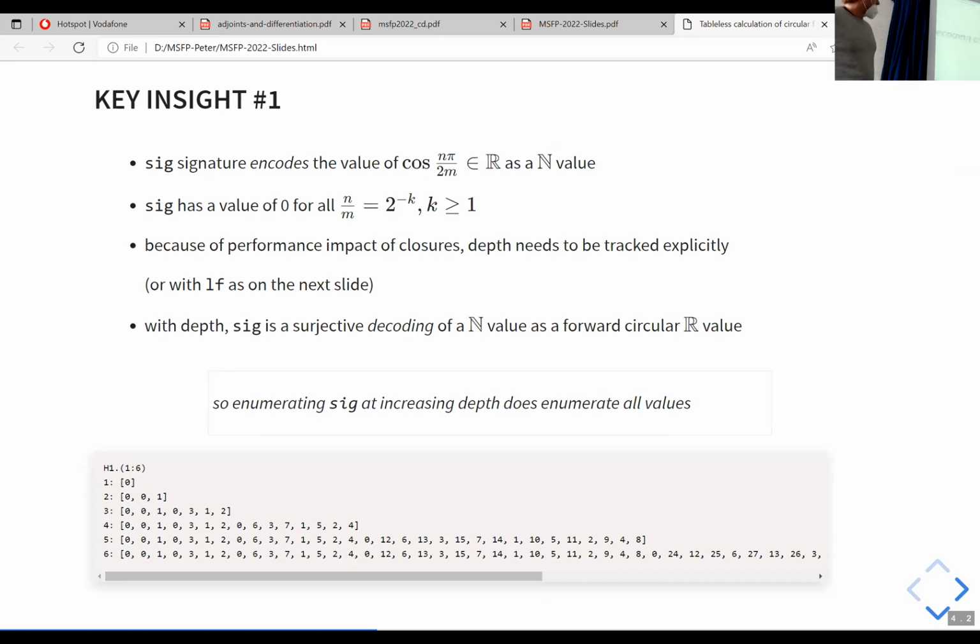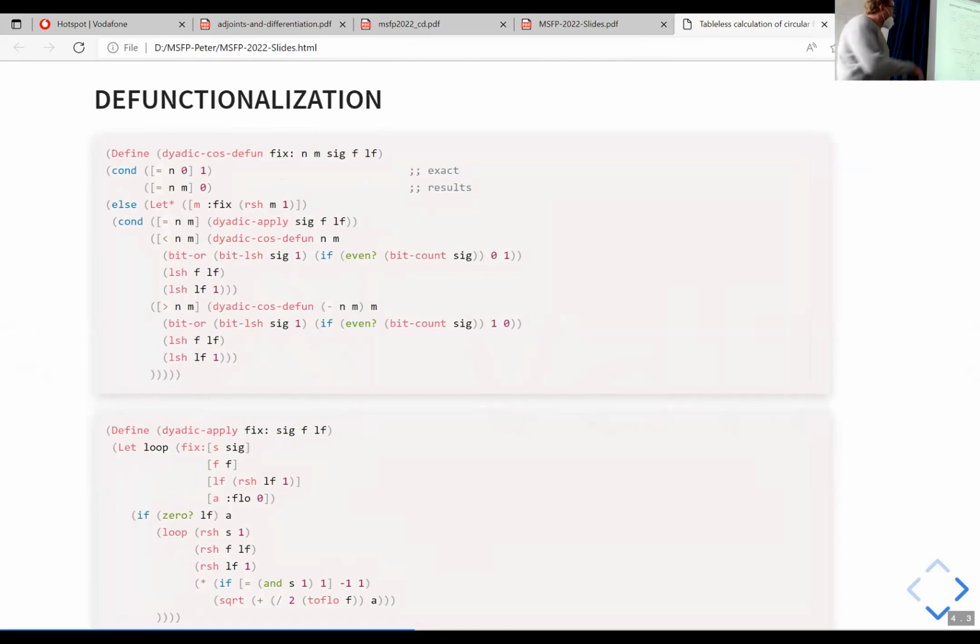But this will be addressed later. So if we defunctionalize the previous implementation into another one where we split the relation into parts, one which builds this signature, and in the end we apply it to get our value of cosine,